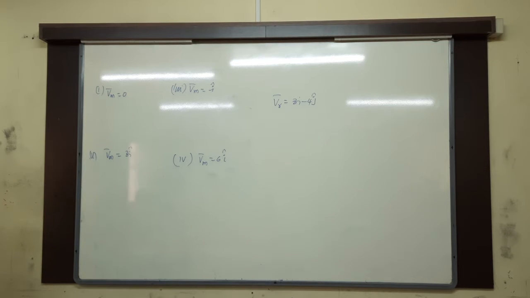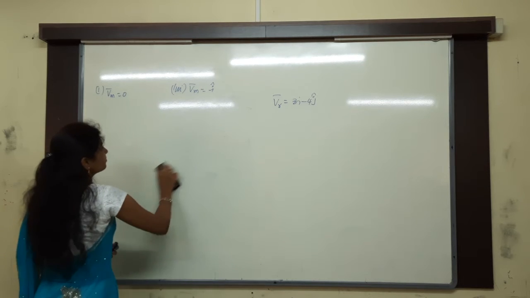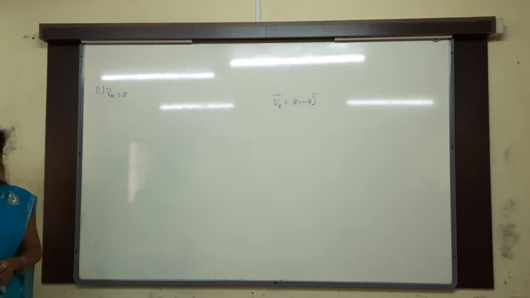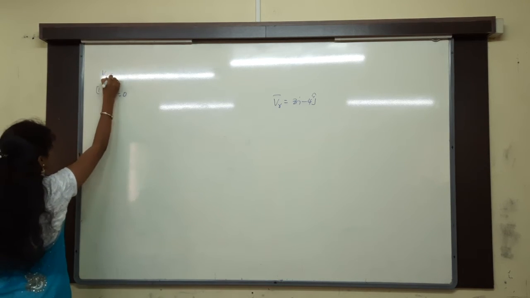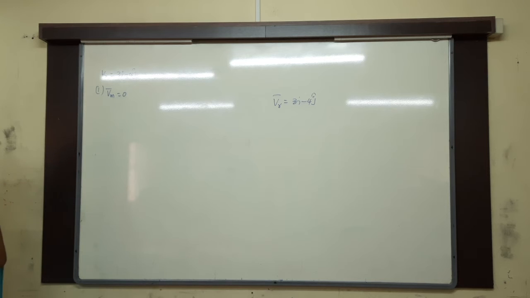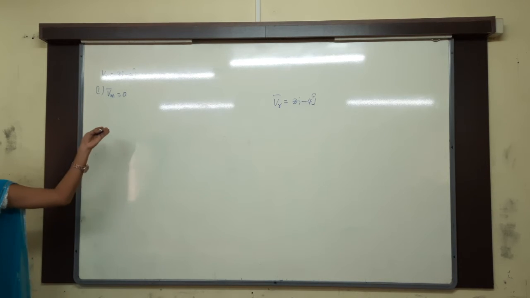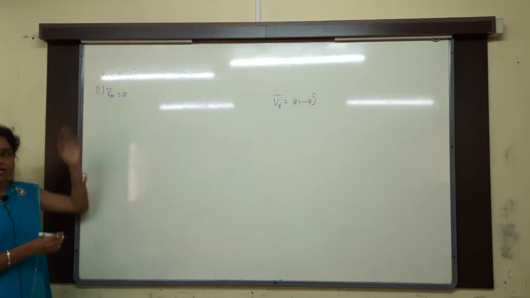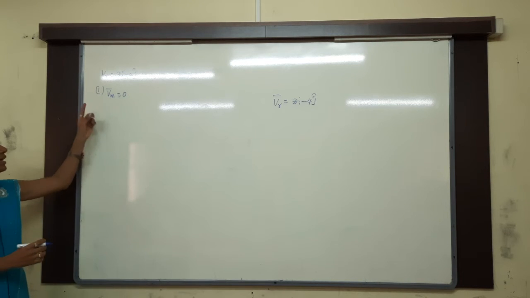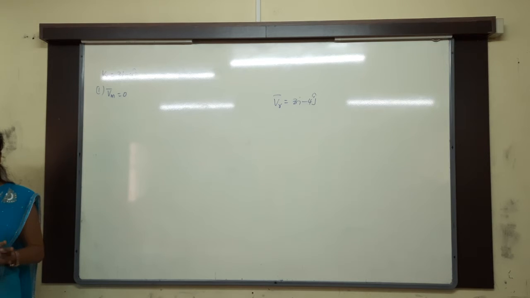Wait. Your assumption is wrong. Whatever you have done, that is correct only, but the assumption is wrong. See that velocity of the rain. Velocity of the rain, how much they are saying? 3i minus 4j. Nothing but what they have given. Original velocity, no? Otherwise relative velocity, no? You can see clearly that is VR. VR means original velocity. The original velocity is how much? 3i minus 4j. Falling slantly, or vertically?